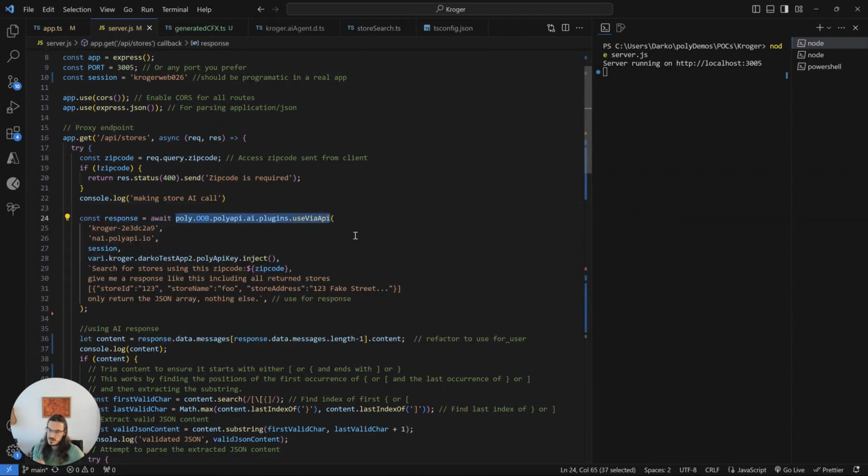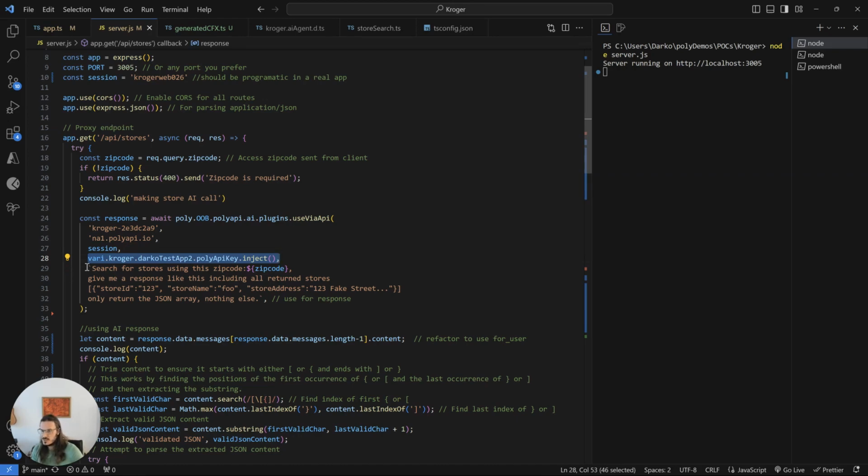And I'll show you in Postman how this was generated. For now, just conceptualize it as a set of server functions bundled together into a model. Here, I'm basically using a generic poly API function to access my particular model, which is built on top of Kroger's public APIs. And then a specific instance URL that I'm using where my tenant is hosted. I'm maintaining a session so I can have a unique conversation per user or per client, depending on your use case. And then down here, I'm injecting my poly API key to access this endpoint.